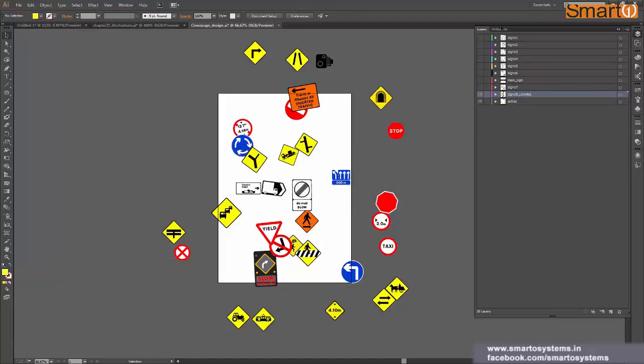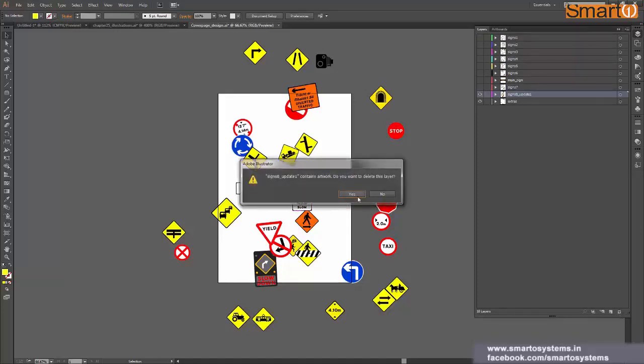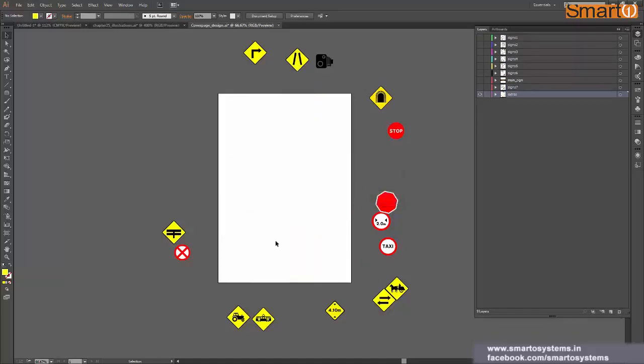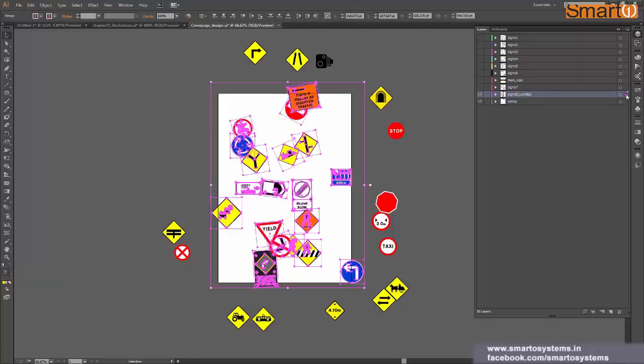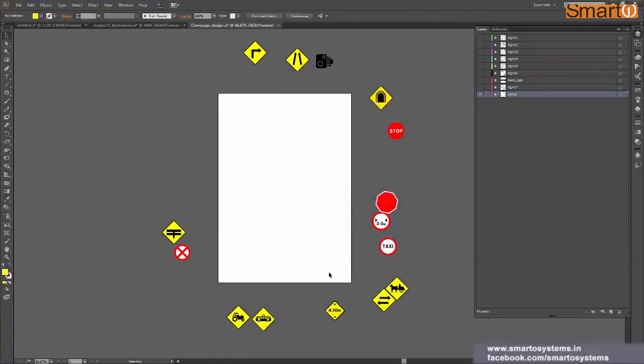Unlike an artboard, where if I have something on my artboard and I delete that artboard, it will preserve my data. But in layers, if you have something stored and you delete that layer, then it will delete all the data inside that layer. So if I press yes, then I have all those signs deleted. If you are actually going to delete some layer, it is a good idea to use this option first: move all your shapes from one layer to another and then delete an empty layer. But if you actually want to delete the shapes along with the layer, then just press this icon and you have your shapes and layer deleted.